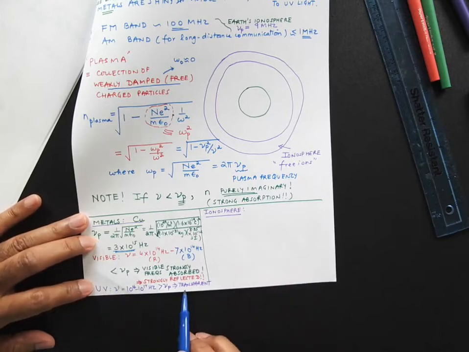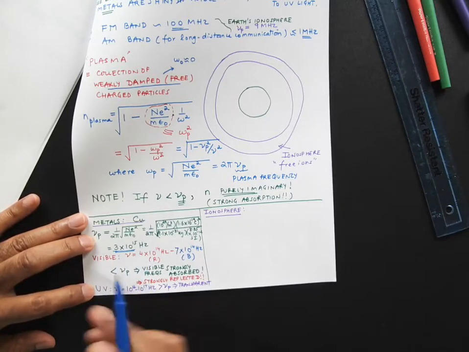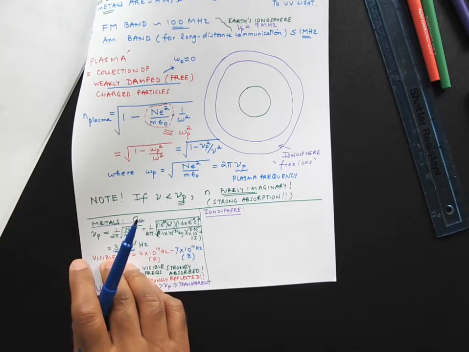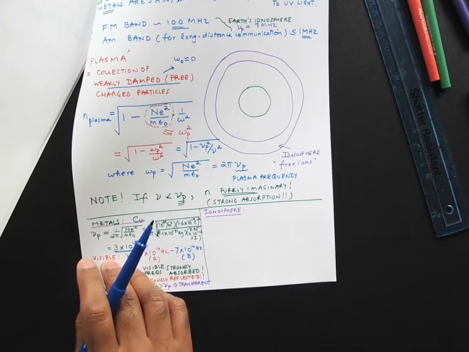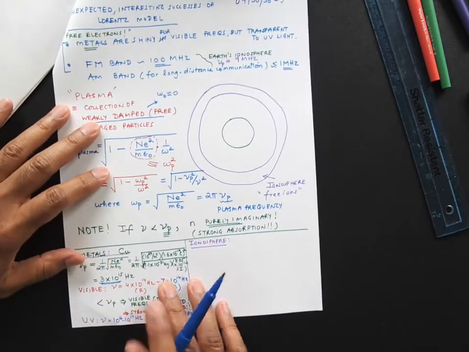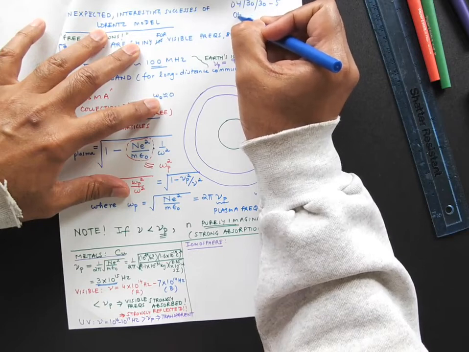Okay, so metals are transparent to UV, which happens to have a higher frequency than the plasma frequency. And these are facts, right? Now, the other thing was that, for the ionosphere, let's just wrap that up too, and then I'll show you the demo quickly. For the ionosphere, what we have learned, so this is actually the starting point also for today,